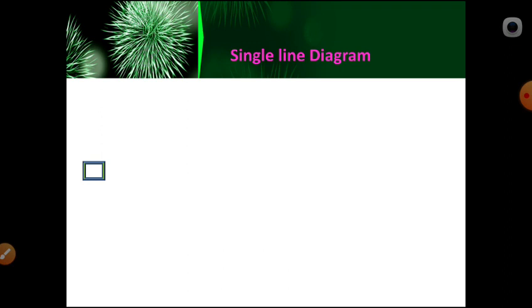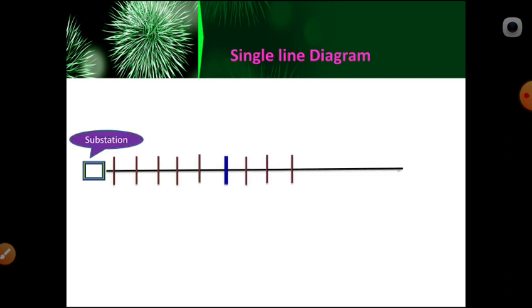Now you can see here is one substation, a plinth mounted substation or pole mounted substation. From this you are going to draw one line. So this is a substation. These are the number of poles we are going to erect from the source to your destination. Extreme right is your destination, for example. Then how many poles you are going to need between the source and your house, that we are going to calculate. So this is the feeder, a straight feeder. Now this is the number of poles.